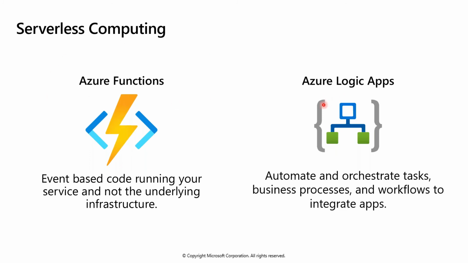If you are trying to automate and orchestrate some task, when I say automate a task, maybe it could be the moment you get any email in your Outlook, maybe you are reading that email, doing some machine learning NLP model, and then maybe classifying that email in some category. And such types of business processes or workflows, if you are trying to automate, then they are done through Azure Logic Apps. And if you are building some event-based code solution, then this is done through your Azure Functions.